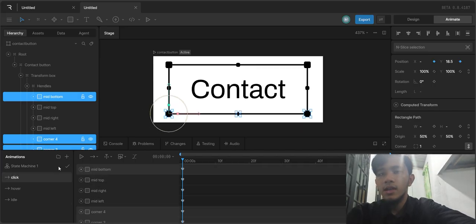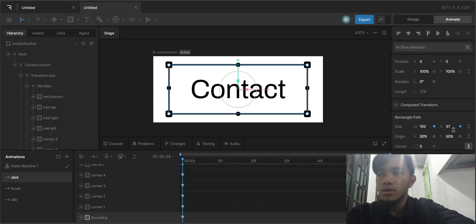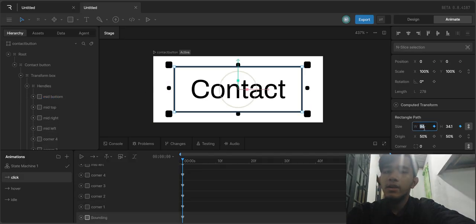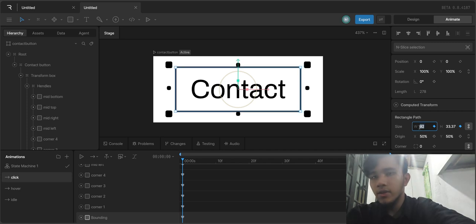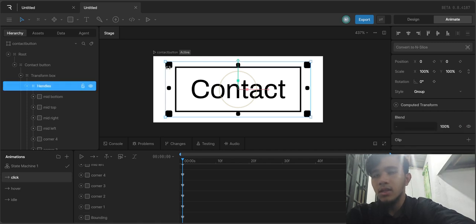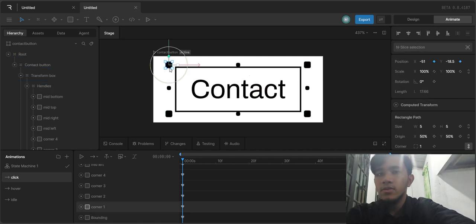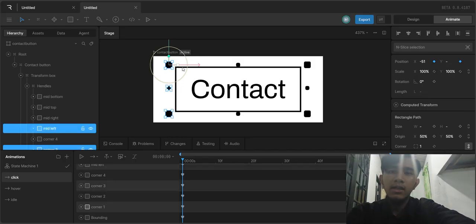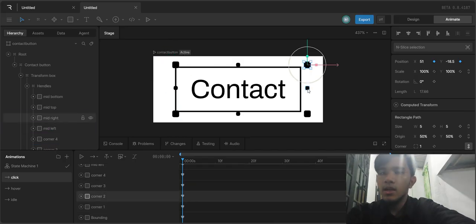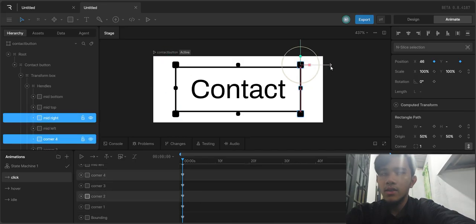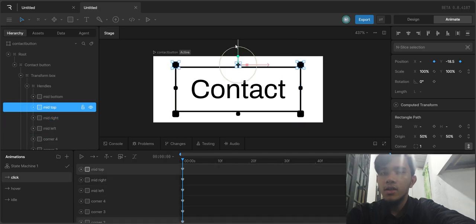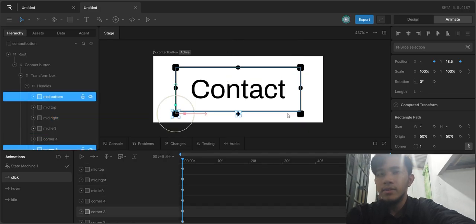Think of timelines as states, not animations. To save the idle state, set keyframes. Select the bounding box and set keyframes for width and height. Then select all the handles and set X and Y position keyframes.